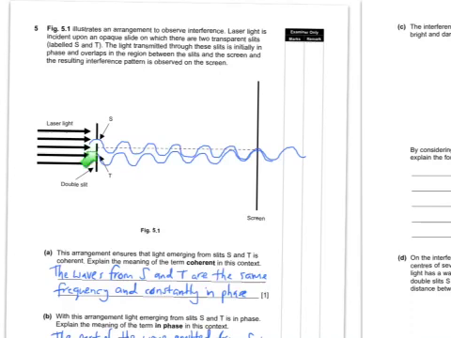Trying to make them in phase so our crests are coming out at the same time. Now it's the same distance from S to that middle point as it is from T to that middle point, and for us to get a bright fringe then we have to have constructive interference, and as you can see, the crest from one is meeting the crest from the other. Now that explains this